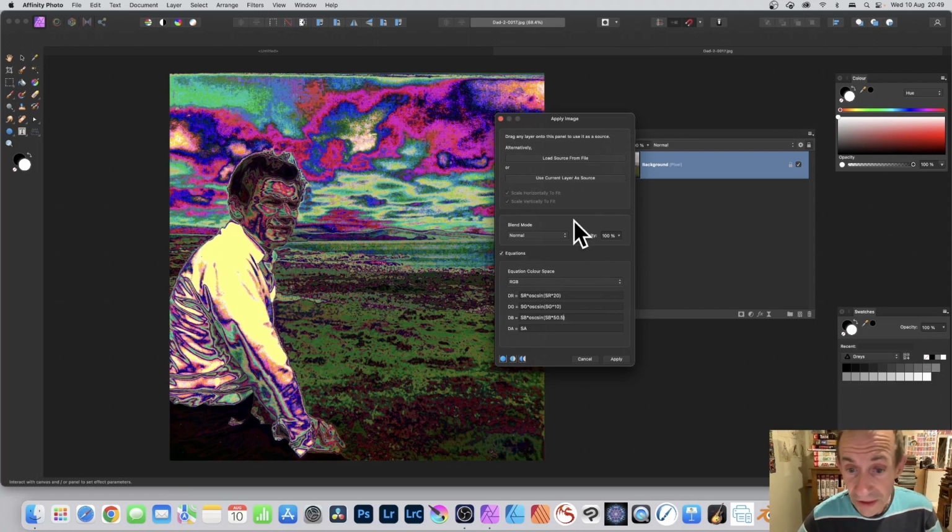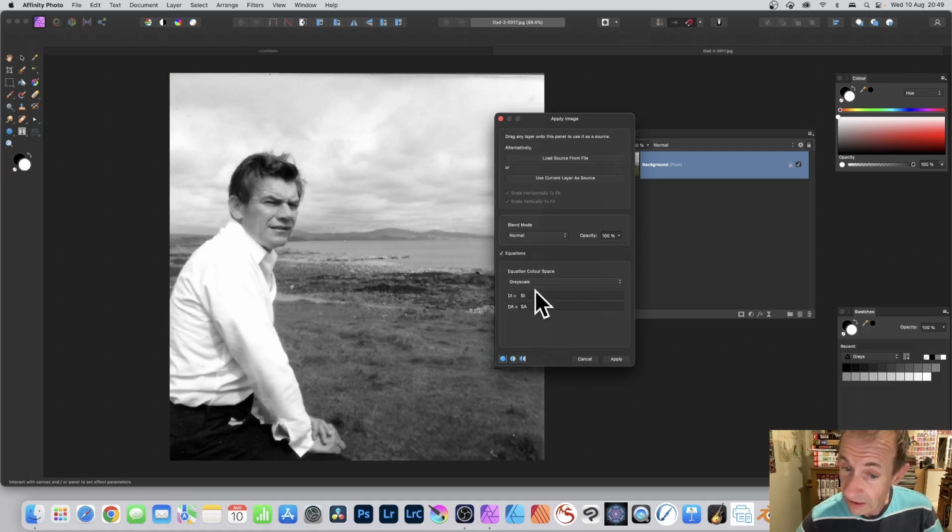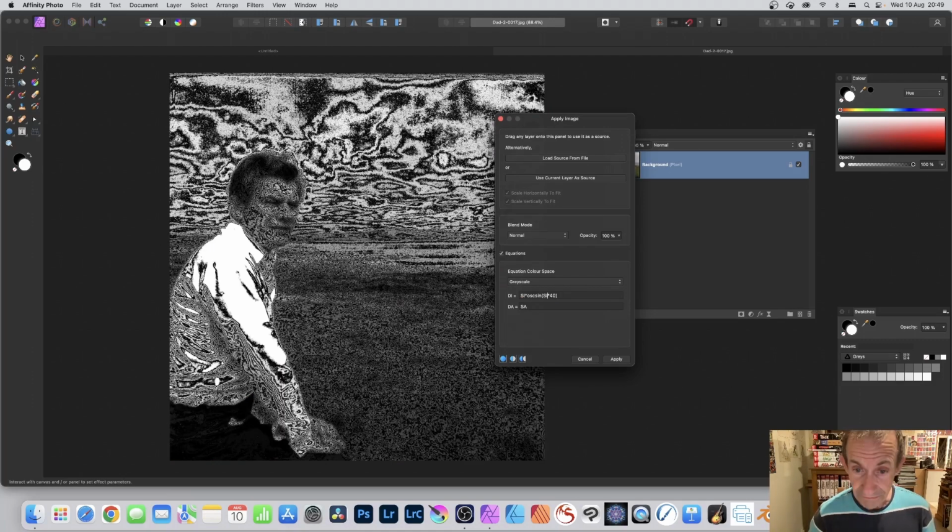What you can also do, equation colour space. So you can use those as well. You've got grayscale. So you can go to grayscale, do exactly the same. Instead of there, paste in again, SR. Well, this time, put SI times SI. And because SR doesn't exist in the grayscale, you can't use SR. You can see the result there, times 40,